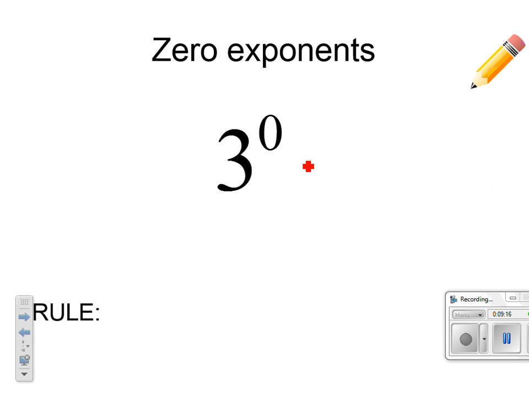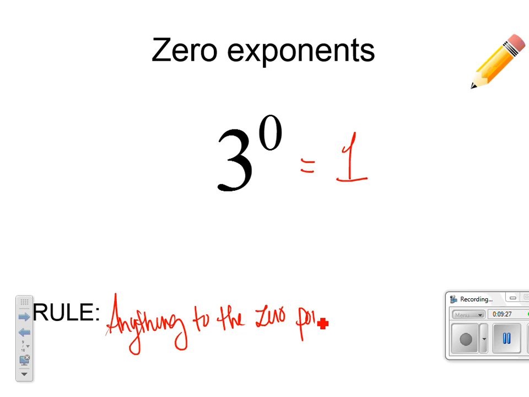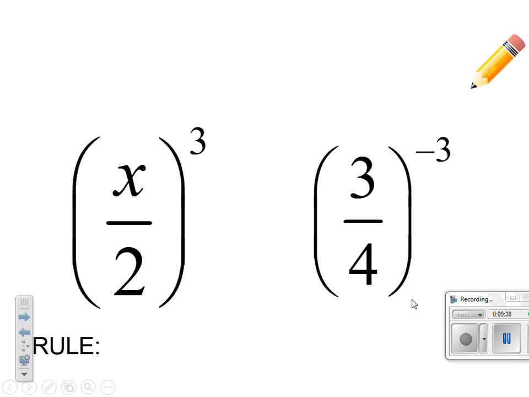If I put 3 to the 0 in my calculator, I would get a 1. So anything to the 0 power is 1. All right, a couple more rules and then we'll be good to go, and we're going to do some examples. All right, here is a rule where I have 2 different bases, but they're being divided instead of multiplied, and